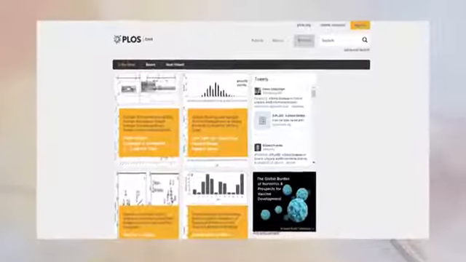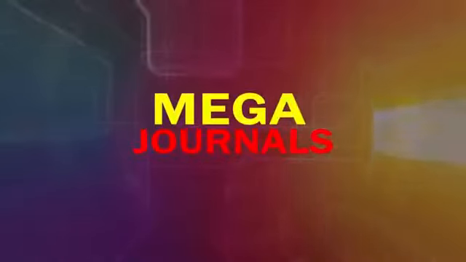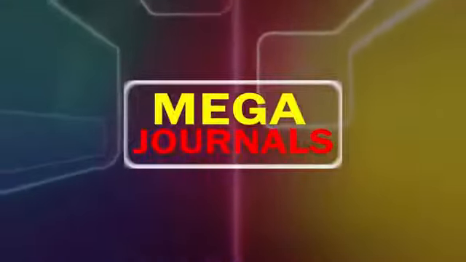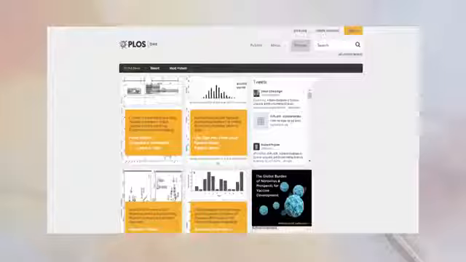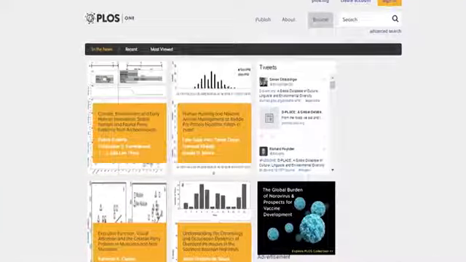or specifically I would say the gold open access journal called PLOS One. So the Public Library of Science launched PLOS One, a gold open access journal, which can be considered as a mega journal. A mega journal is a journal that publishes a phenomenal number of articles during a year. PLOS One publishes something like 22,000 to 25,000 articles in a year,